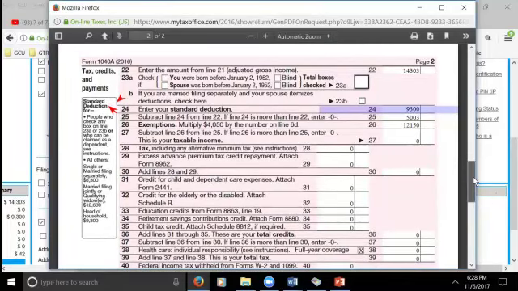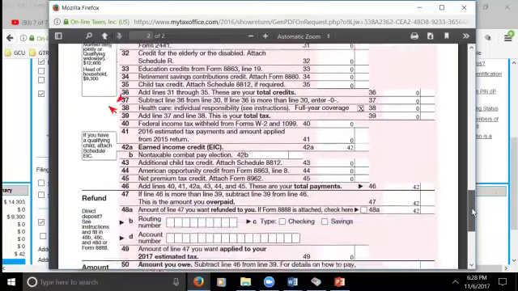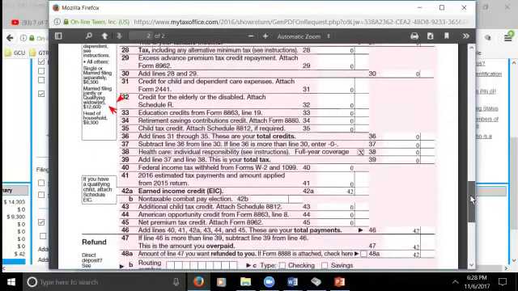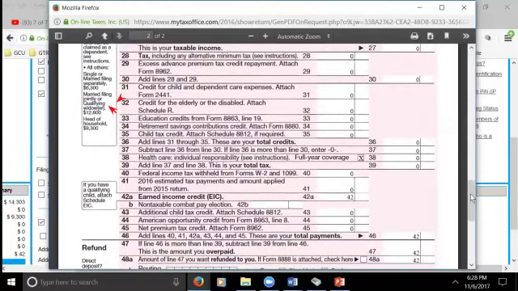Let me see if they completed this. I don't think they did. They didn't complete it yet. Okay, because they didn't complete it to where they received the earned income credit for qualifying children, which they would have received the earned income credit. So the beauty about it is any taxes that they paid into